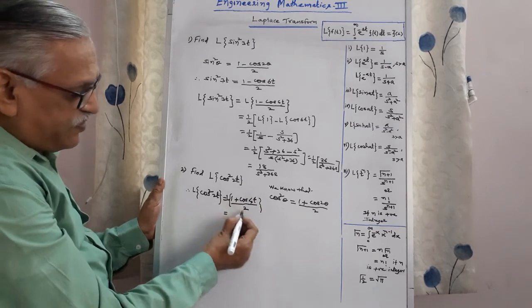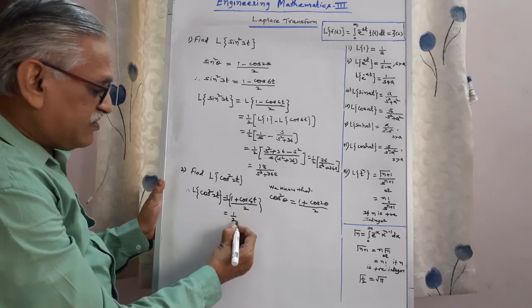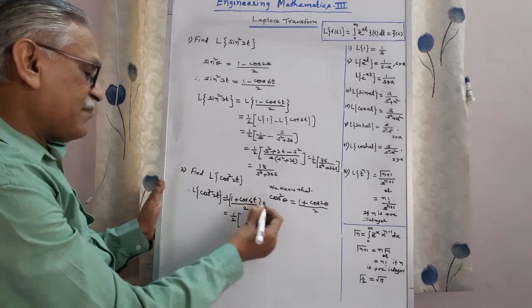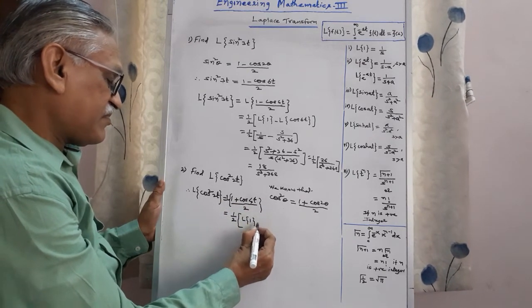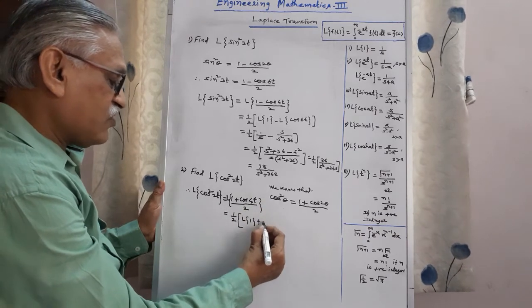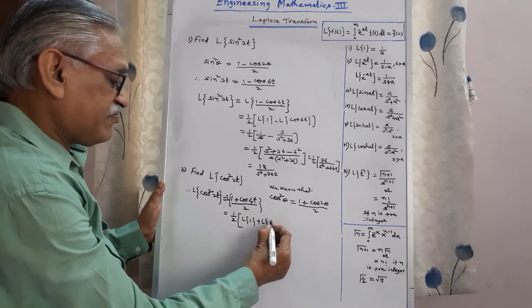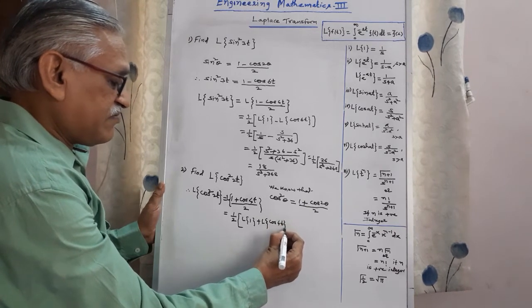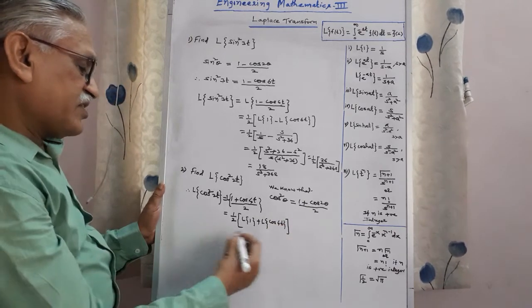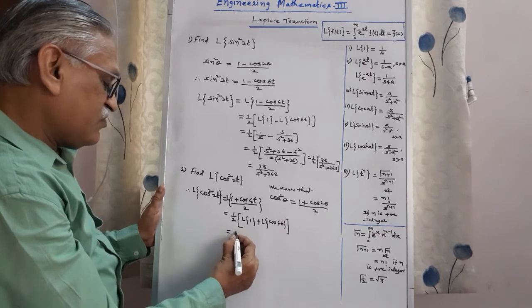Applying the linearity property, the constant term I will take outside, and Laplace of the remaining, Laplace of 1 and Laplace of cos of 4t. Okay, and therefore it is equal to 1 by 2